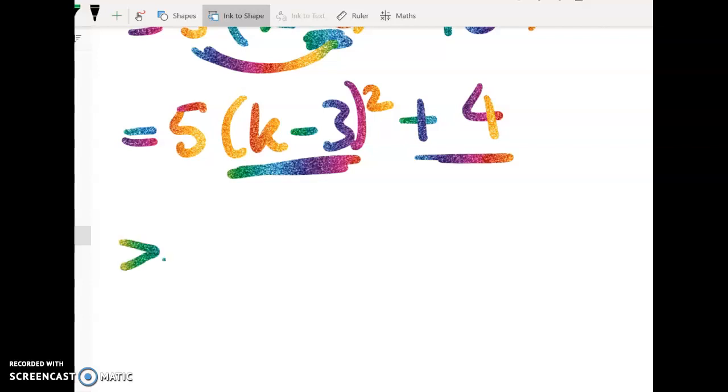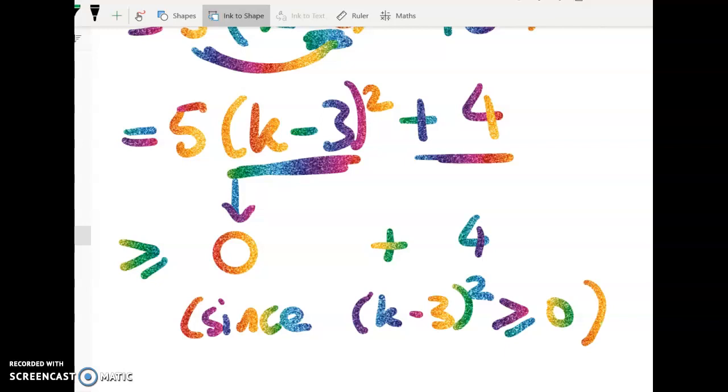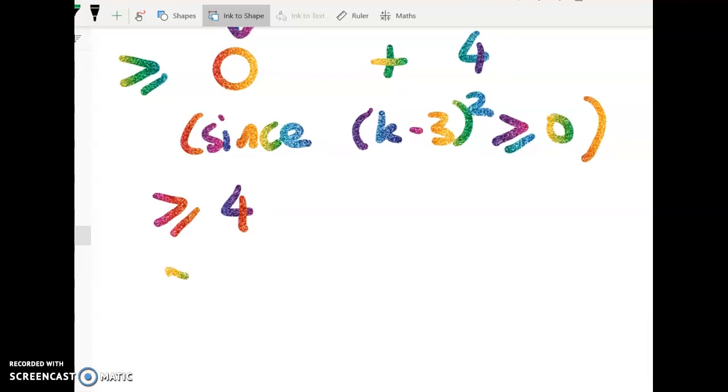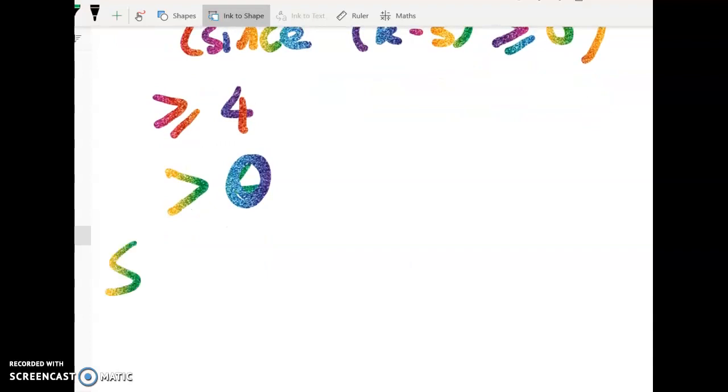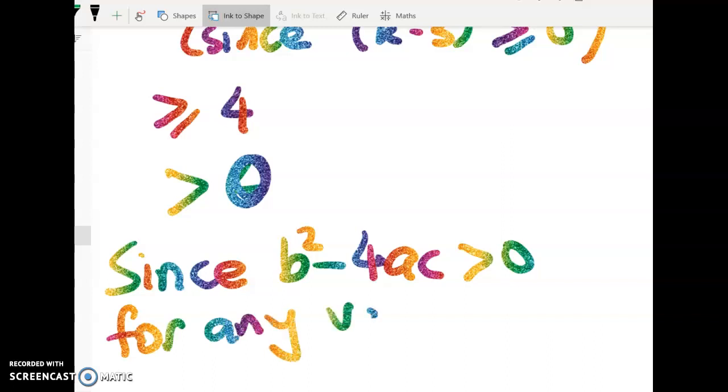So what we can say here is this is greater than or equal to 0 plus 4. And if we want to really spell it out to the marker, we're going to say that (k minus 3) squared is greater than or equal to 0. And because it's greater than or equal to 4, that means that it is strictly greater than 0. So we're done. But let's just make sure that the person reading this really understands that we really understand. So since b squared minus 4ac is strictly greater than 0 for all values of k, so for any value of k,